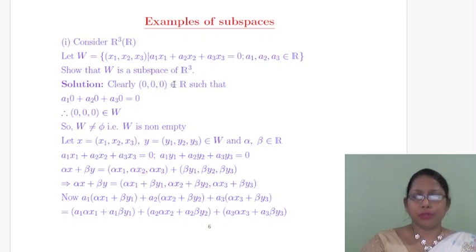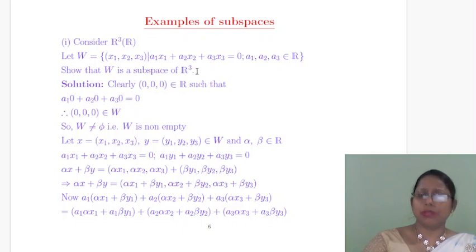Consider (0, 0, 0) belongs to R3 such that a1·0 plus a2·0 plus a3·0 is equal to 0. That means the zero vector belongs to W, this collection W, therefore W is non-empty. If it were empty, then we could directly say that this is not a subspace of R3. As it is not empty, we have to show that W is a subspace of the vector space R3 over R,